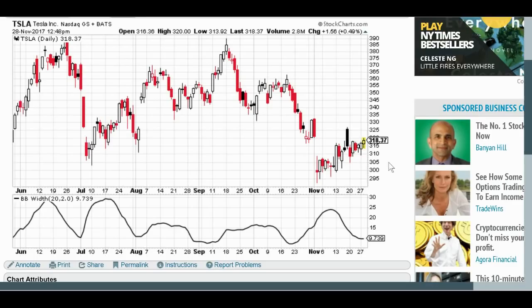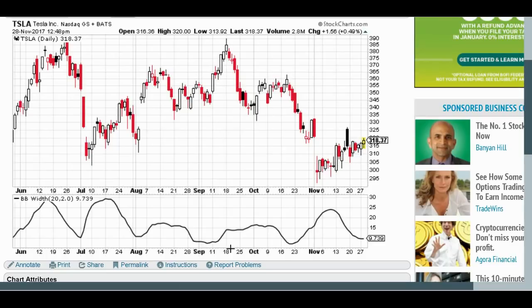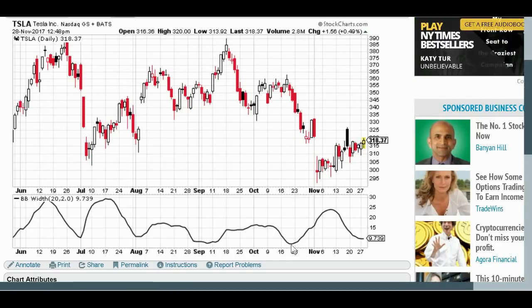And here's Tesla. As we can see down here, look how low it went. It went kind of low here, but it really went closer to 5 around here. And if you had bought a straddle or strangle here, you probably would have done quite well from this really extended down move. Again, the big moves can be way up or way down. And if you're playing a straddle or strangle, a long position for a volatility expansion, then a big down move can really benefit you, as can a big up move as well.